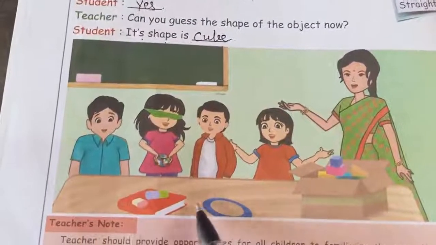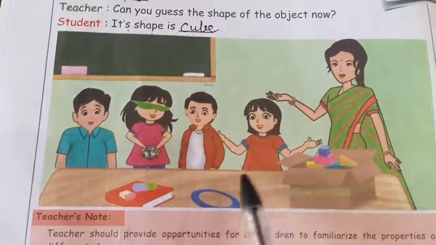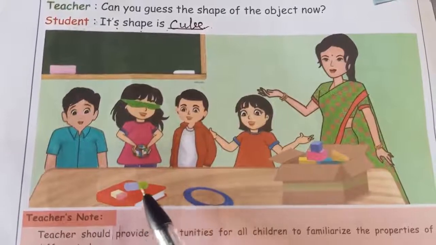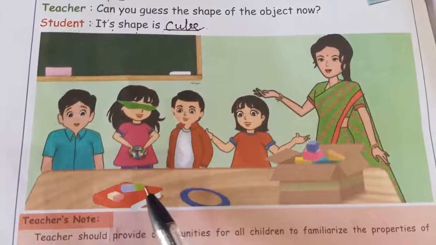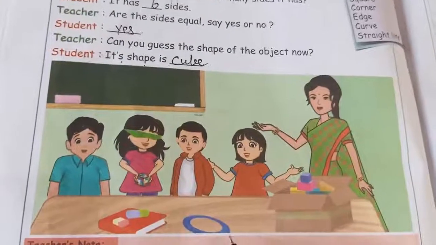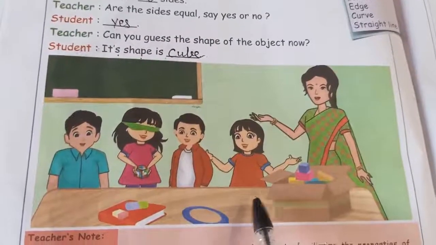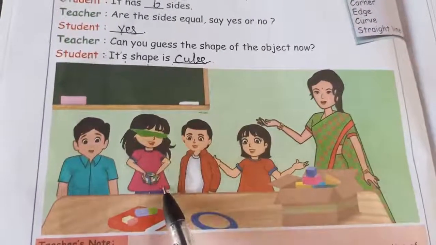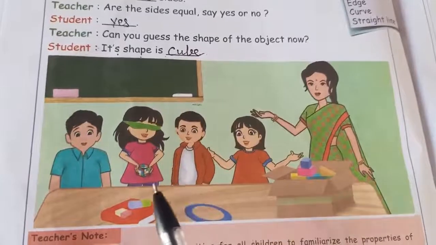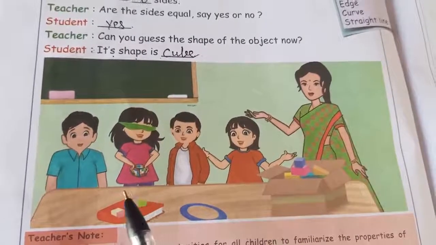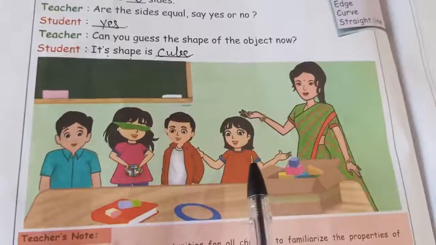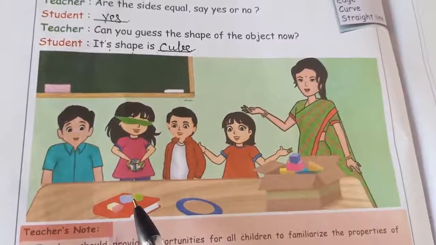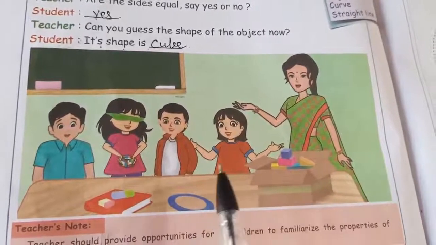In the same way, on this table we have a lot of items. So what we do, we touch the items. After that we can say the object's shape. Okay, ma'am. So finally, what do you observe from this conversation? First, you cover your eyes. After touching the objects, you feel whether it is a flat object or round object, everything, and after that you say the answer. Here a lot of objects are available, and also say the shapes, that is cube, cuboid, sphere, like that you say the shapes.